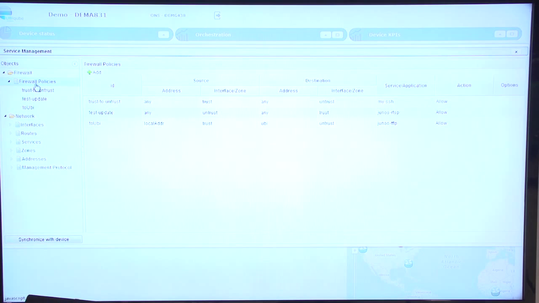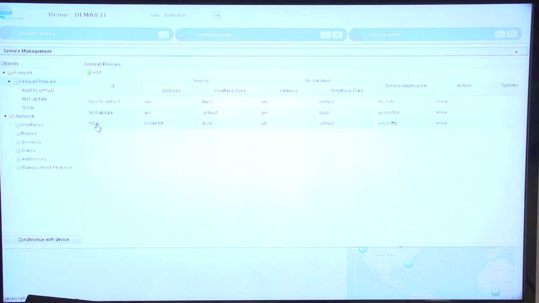As a user now, if I want to modify these firewall policies, I can easily do that using this object console. So it can be what we call a self-care approach, so how I can allow my final user to modify by himself some part of the configuration on the device. As we are able to restrict the access to one or several objects for a specific user, I can allow my user to modify firewall policies, but not to modify the network configuration part. Let me show you how I can modify the firewall policy by myself.